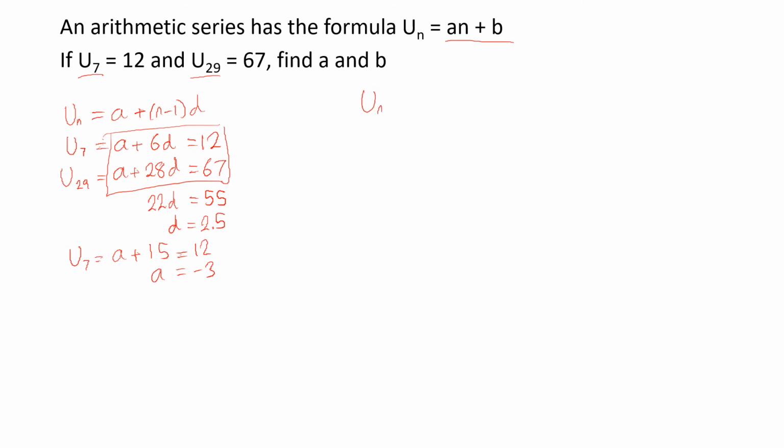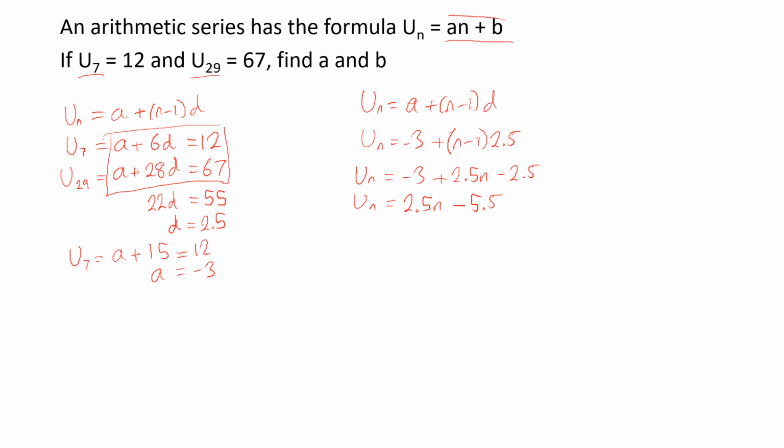So again, the nth term is a plus n minus 1 d. We know that a is minus 3, so we can sub that in. And we know that d is 2.5, so we can sub that in as well. Now, that's not quite in the form that the question has given us. It wants us to be an plus b of some sort. So we need to rearrange this, expand out the brackets. That'll give us 2.5n minus 2.5. And then we can collect together our constant terms, and we can end up with 2.5n minus 5.5 as our